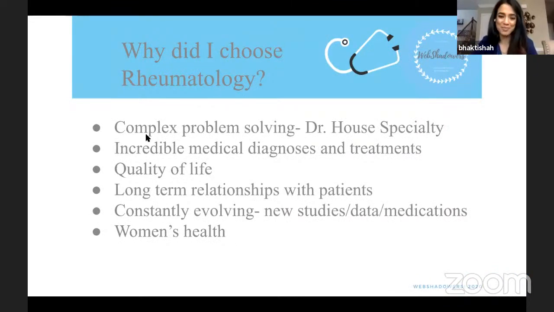So why did I choose rheumatology? I went into this a little bit, but it was basically the passion that I developed for immunology in medical school, and then the love that I developed for the field when I did a 2-week elective during my intern year of residency. So rheumatology is ultimately the Doctor House specialty. We are diagnosticians. Patients are referred to us when other doctors don't know what is going on. We are the mystery solvers. Our patients have complex symptoms, complex histories.